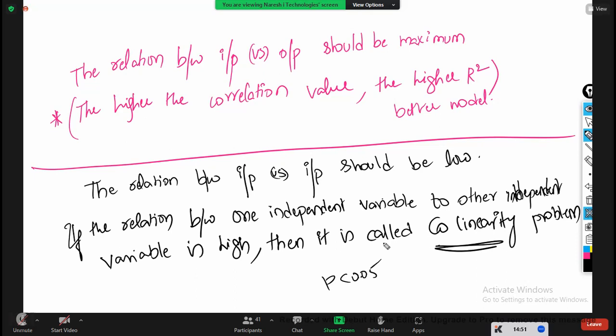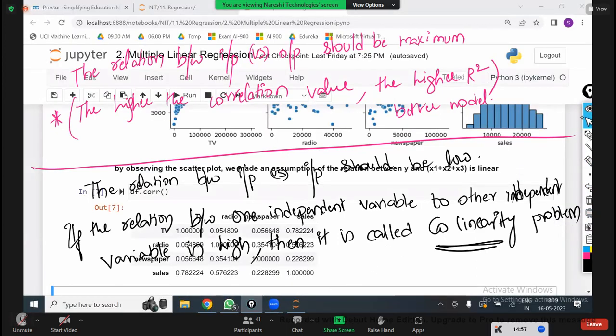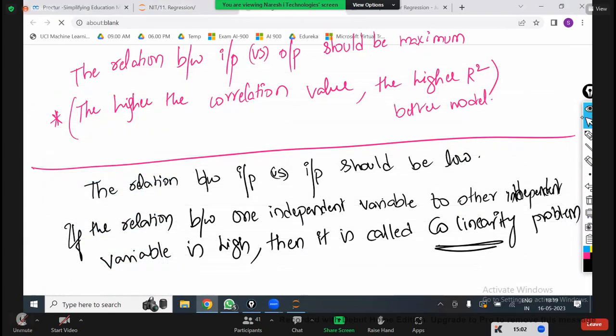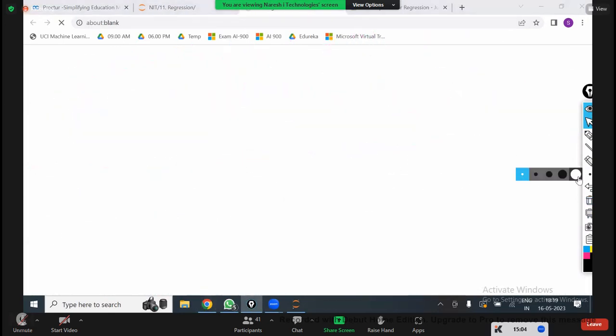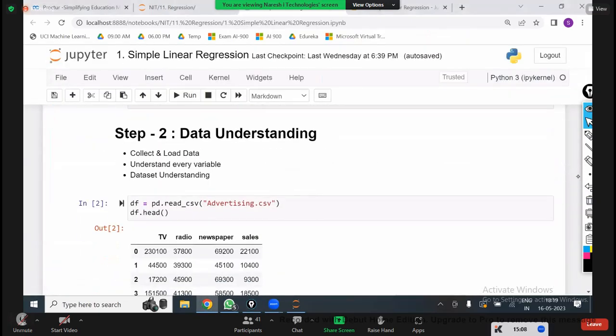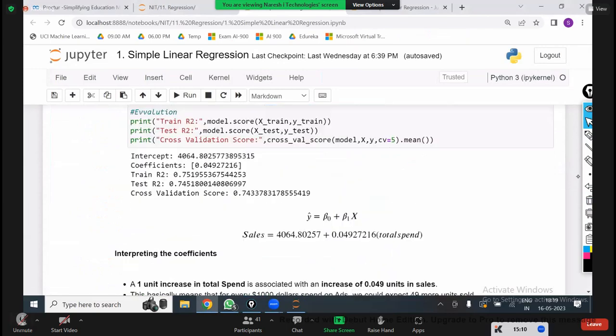Okay, variable significance. In the last class, if you remember, I showed you the variable significance. So here, let us take it like this. In the last class, that was simple linear regression. In the simple linear regression, don't worry, I'm going to write it once again. Here, if you see this,